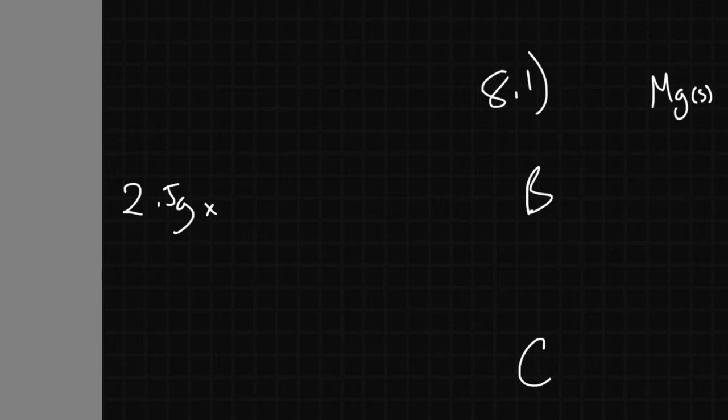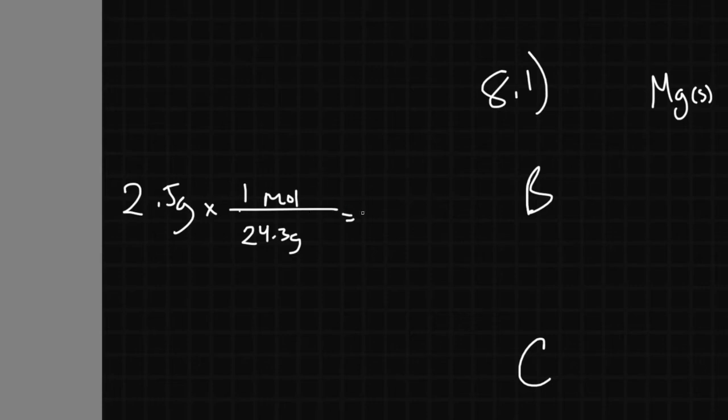Magnesium. I get a molar mass of magnesium of 24.3. So I know that if we have 1 mole of magnesium, that's 24.3 grams. I just got that straight off my periodic table. Or actually, I'm going to be honest, I Googled what the molar mass of magnesium was. That's okay. You can Google the mass of elements. That's fine by me. But if I take 2.5 divided by 24.3, I end up getting